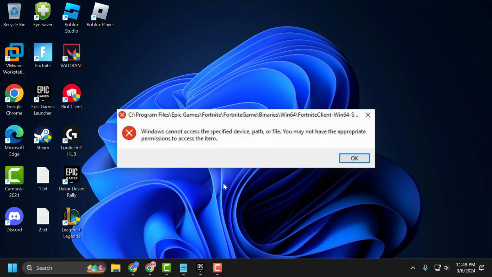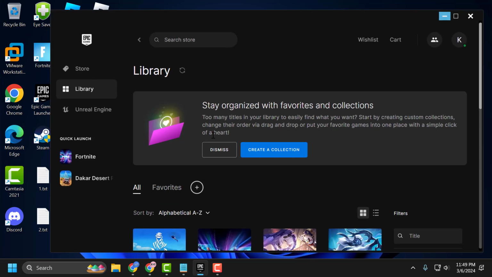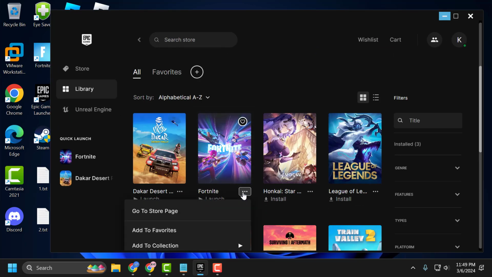Today we are going to see how to fix the issue with Fortnite. You got the error, Windows cannot access the specified device error. Let's fix it guys. You just need to open up Epic Games, click on the three dot icon next to